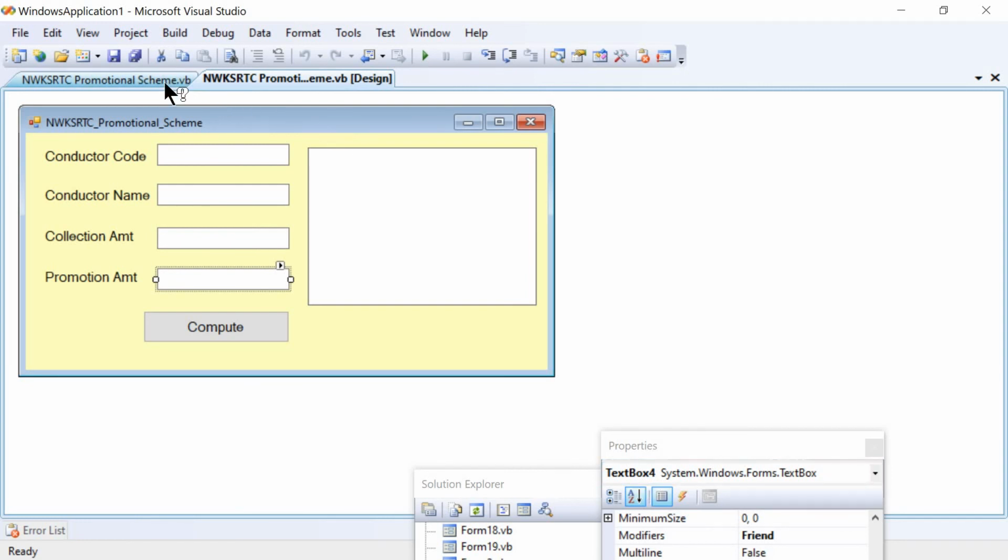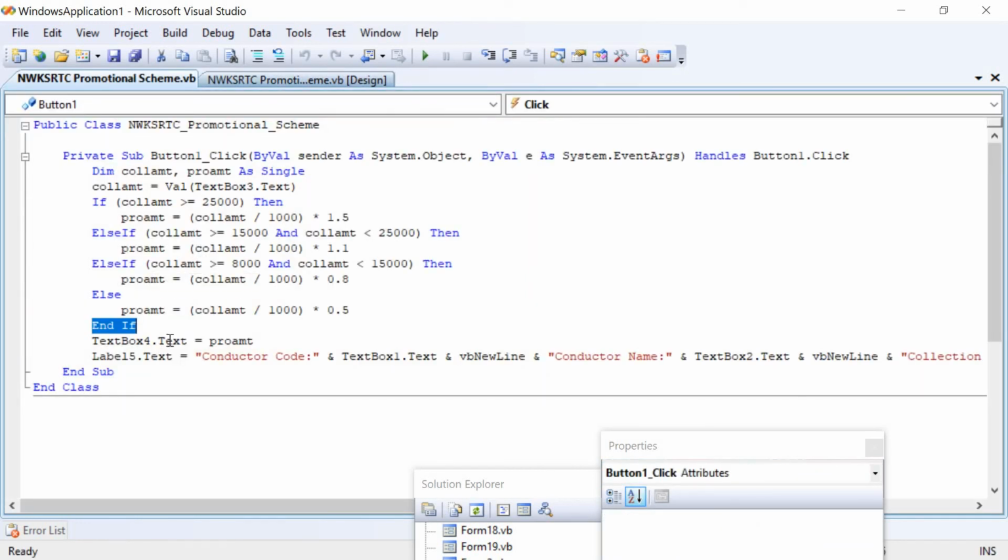Right. Let's go back. Next, we have to provide complete details in the label 5 dot text equals, then in double quotes we have taken conductor code. Next we have the ampersand.